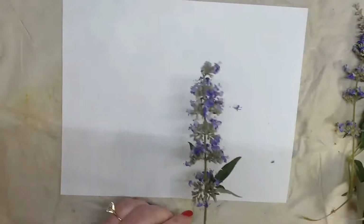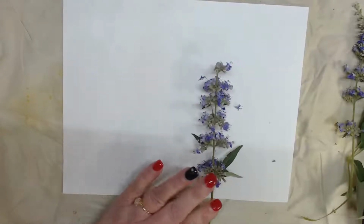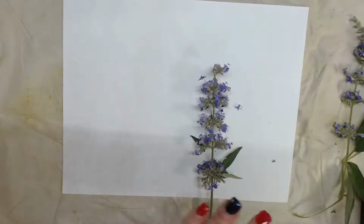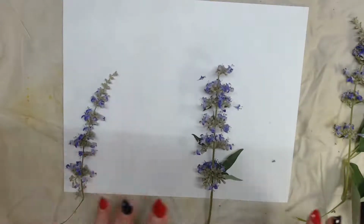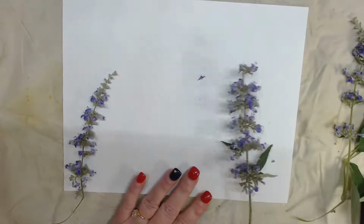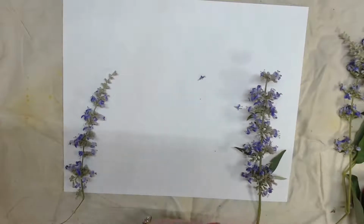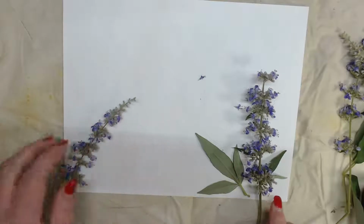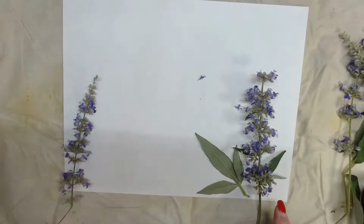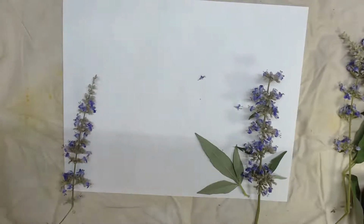I got some really nice color out of these the other day. So I'm going to try to work to my left and to my right, not so much in the middle, although it really doesn't matter, I don't think. And I'm trying to be a little more selective as far as what I put down and maybe not use so many flowers and petals on one sheet of paper. So more of a minimal kind of a look. Because the boil that I did the other day,